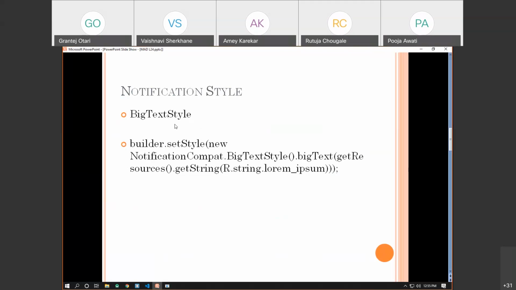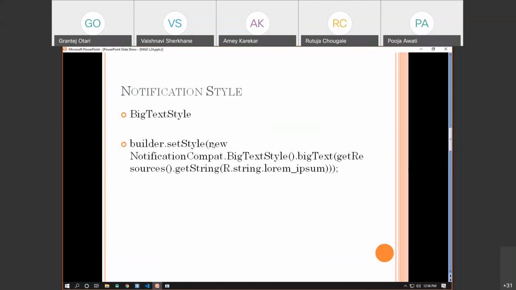Generally, if you install any news channel or newspaper app on your Android device, they'll be showing you the news inside a notification, and the style that they are using is basically the big text style. Now, in order to set the style to the notification, we can call the method builder.setStyle, and here you can pass the object of the style that you have.